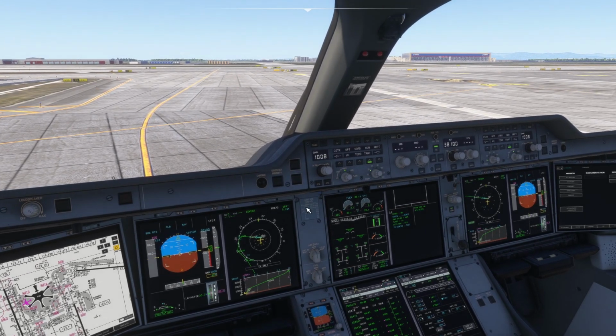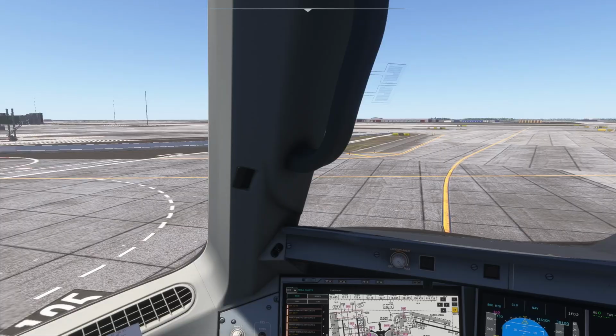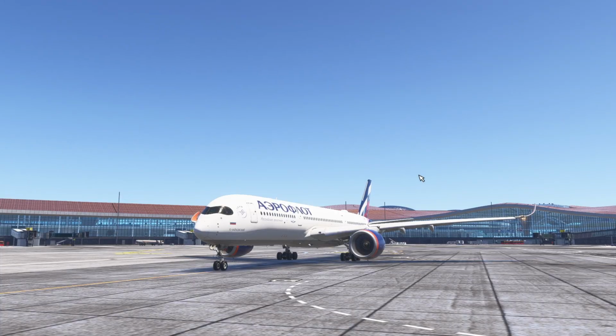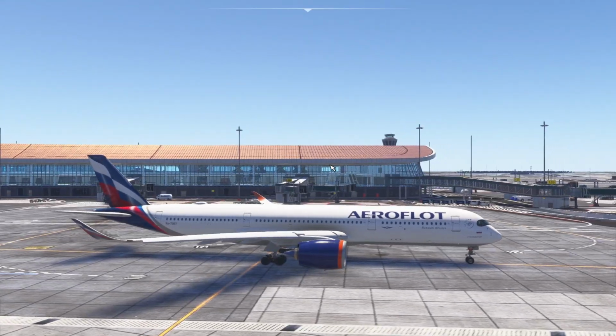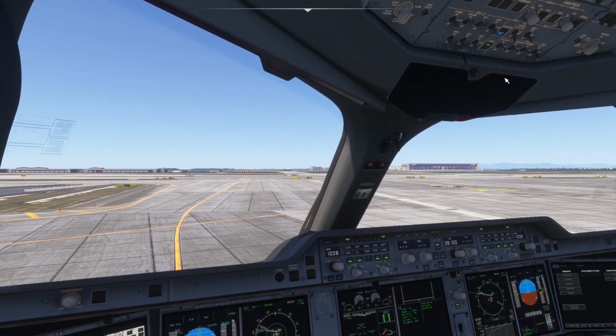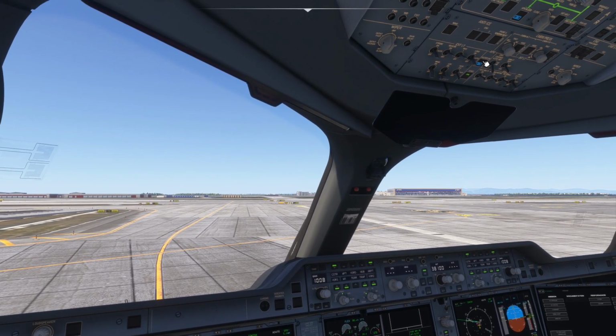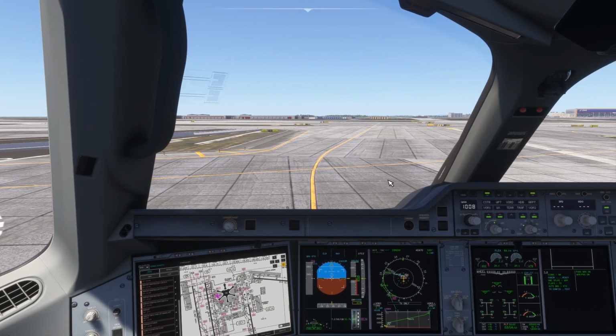So auto brake RTO, get our displays. I mean, yeah, our radars ready here. Ground crew is just cleared of the airplane. We'll go ahead and taxi. No need to make comms on Unicom because there's technically no one here in China. I mean, in this airport.